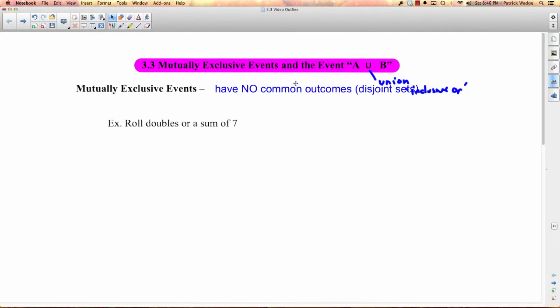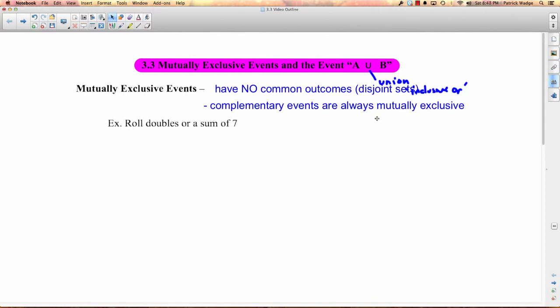So remember when we talked about sets, those were disjoint sets, where there are no elements that are in each of them. In probability, that would be something like rolling an odd number and rolling an even number. Those are completely mutually exclusive, right? There's no way that you're going to roll a die and get an odd number and an even number. You either roll an odd one or you roll an even one. And by the way, odds and evens are also complementary events. Complementary events are always mutually exclusive, but not all mutually exclusive events are complementary.